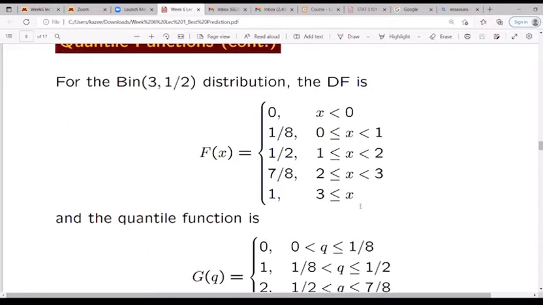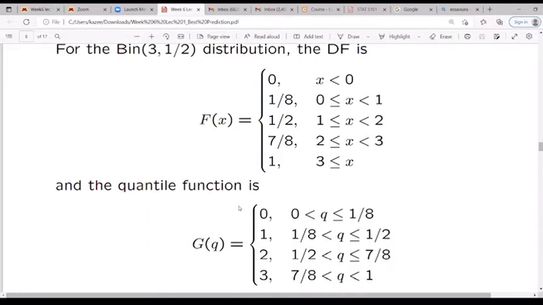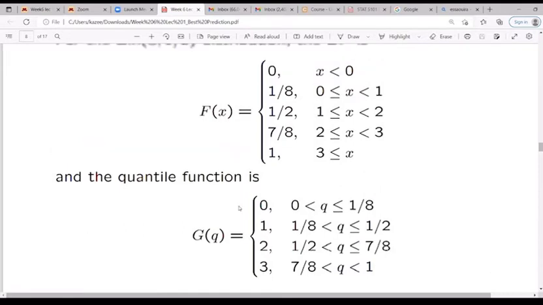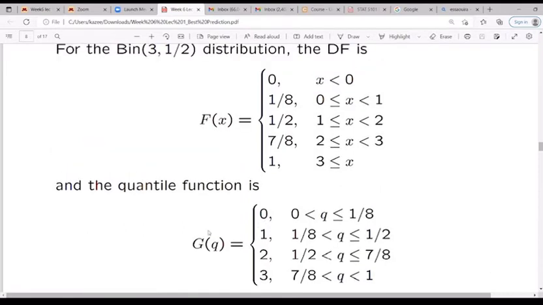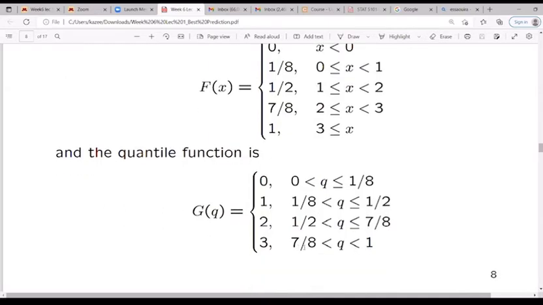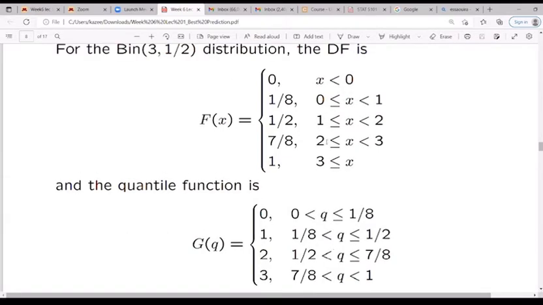And of course, based on what you have, we can get a corresponding quantile function for that. When you want to talk about the quantile function, because the number of trials is 3 for the binomial, you're going to go from 0, 1, 2 to 3. And of course, you tell where Q lies: for 0, between 0 and that; for 1, between that and that; for 2, between that and that; and for 3, between 7/8 and 1. Of course, it's very easy if you want to know that.